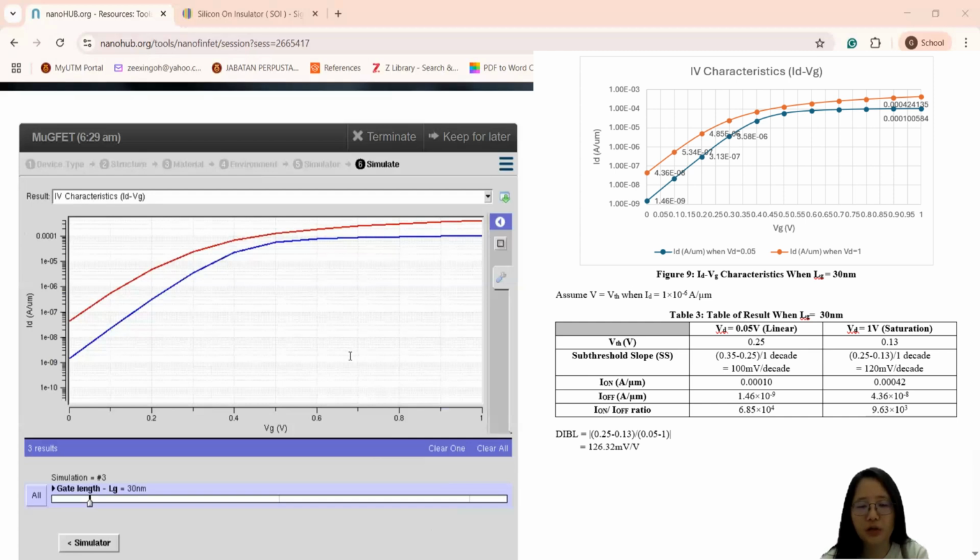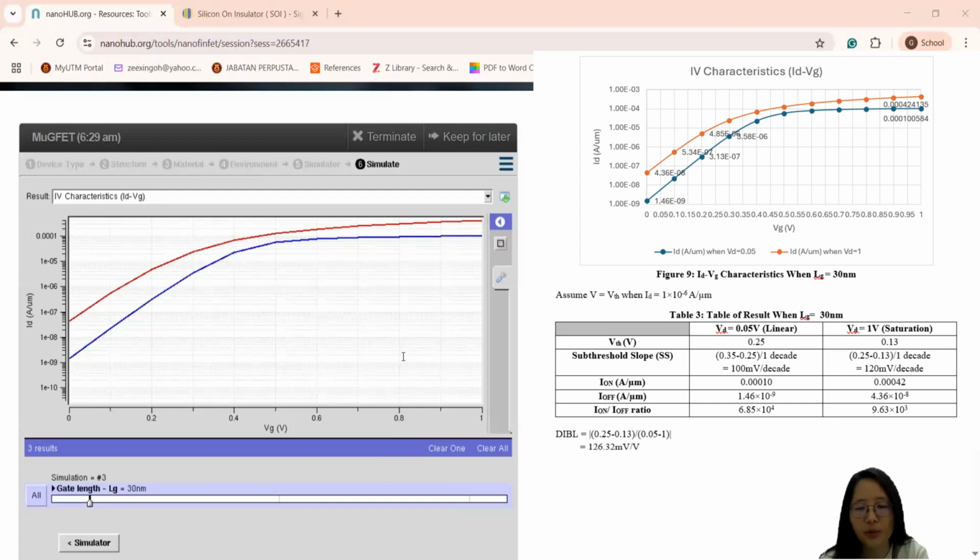This difference reflects drain-induced barrier lowering, DIBL, which is one of the critical short channel effects. DIBL is defined as the reduction in threshold voltage due to an increase in drain voltage. When the channel length becomes shorter, the depletion regions of the source and drain become merged, and the drain potential will penetrate more deeply into the channel. This penetration will lower the energy barrier between the source and channel, allowing carriers to be injected into the channel even when the gate voltage is below the nominal threshold. This means that the drain is assisting the gate in turning the device on, which should not happen in